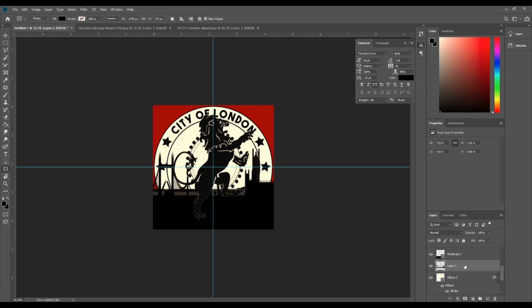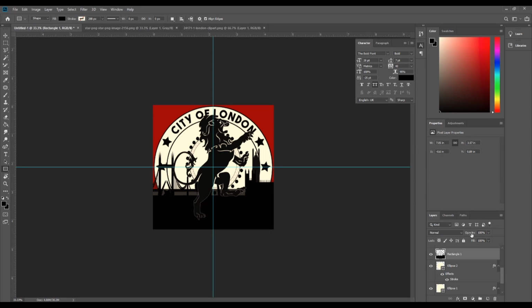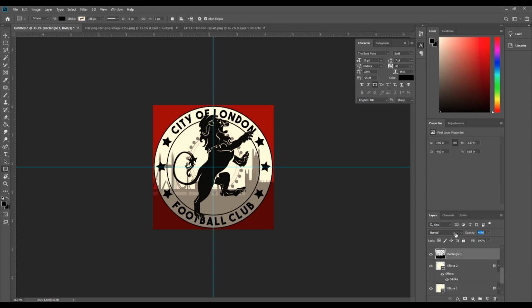I'm going to hold down Shift and select both those layers. So this is both these two layers, and I'm going to merge them, and then I'm going to drop the opacity down to 45. What's 40 look like? I'm going to drop it down to 40, and now with this layer selected, I'm going to hold down Control